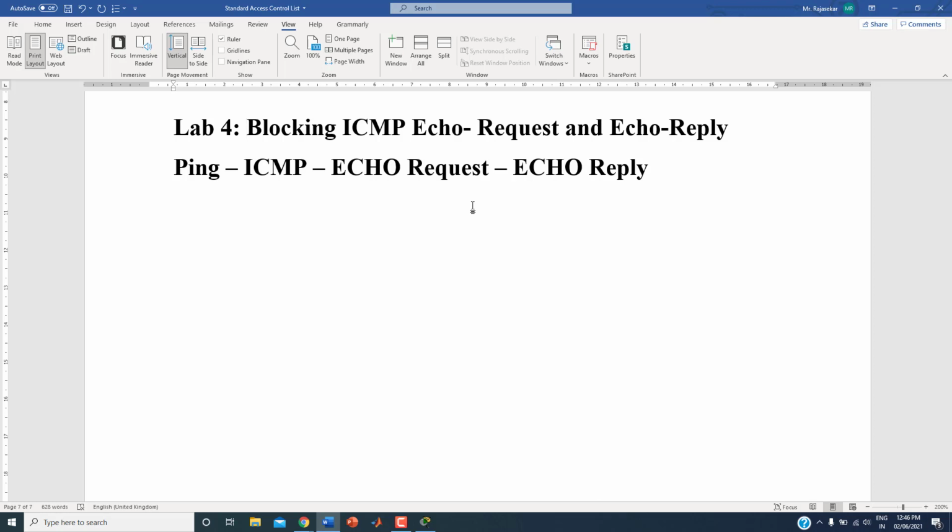What does this mean? If you take a ping command, what does a ping command mean? From one machine to another machine, if you give a ping command, from the first machine you are sending the ICMP echo. So an ICMP echo request packet will go, then an ICMP echo reply packet will come to you. So that means 4 packets will be sent. From one machine to another, the echo request will go and the echo reply will come back. So this is the concept of the ping command.